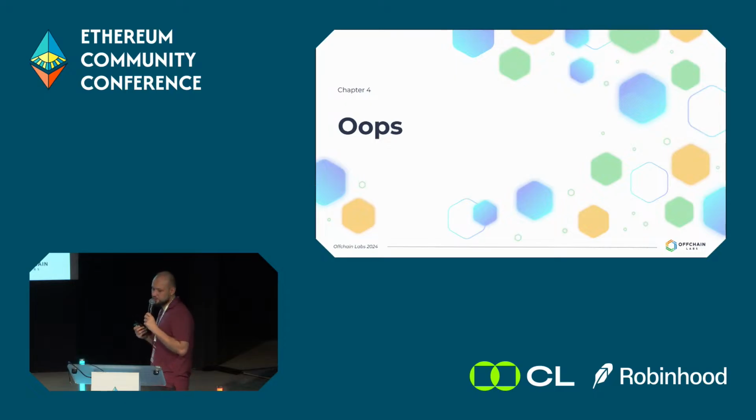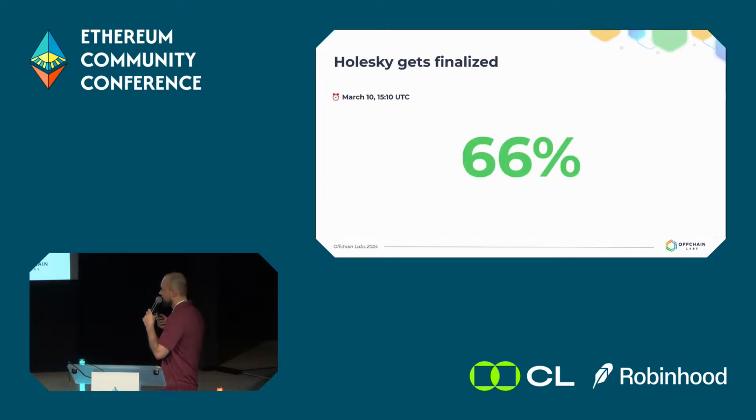So the first thing is we need to wait until Holesky gets restored if we want to continue the chain. And eventually on March 10th, which was 10 days after the slashing event, we were able to finalize Holesky. It got finalized, and we could keep it as our consensus layer testnet. But the problem was that the state that Holesky was in was not really good enough to test for